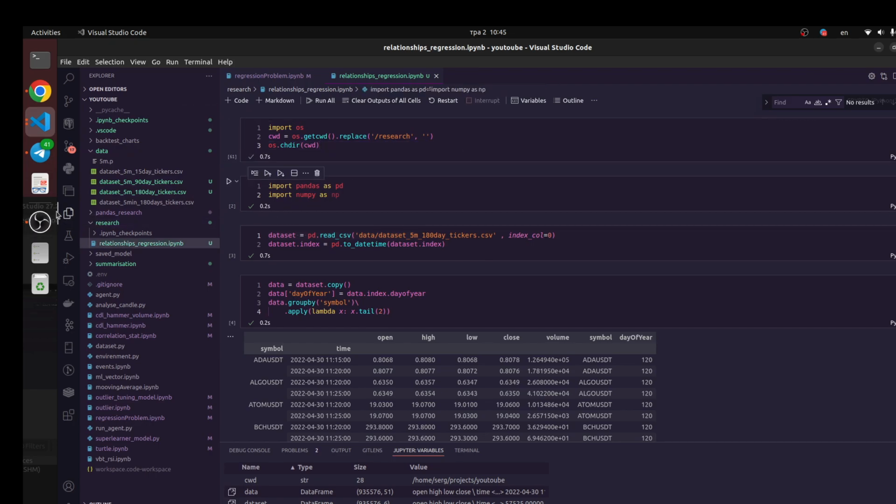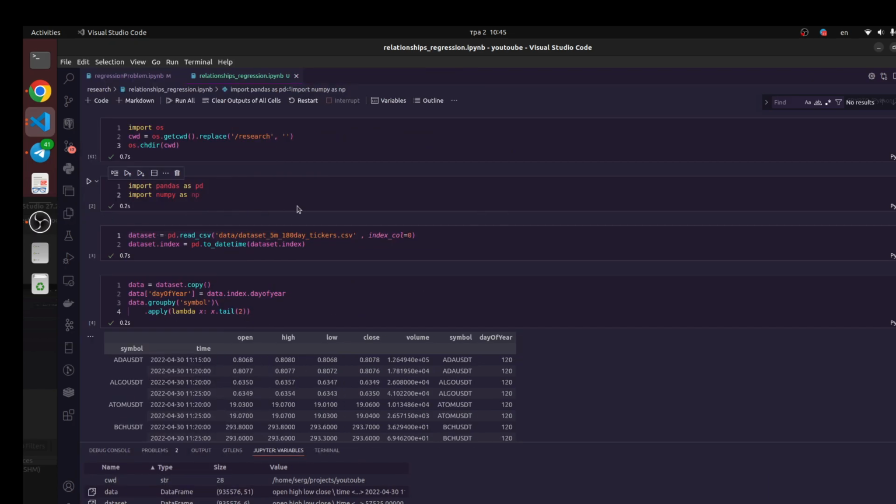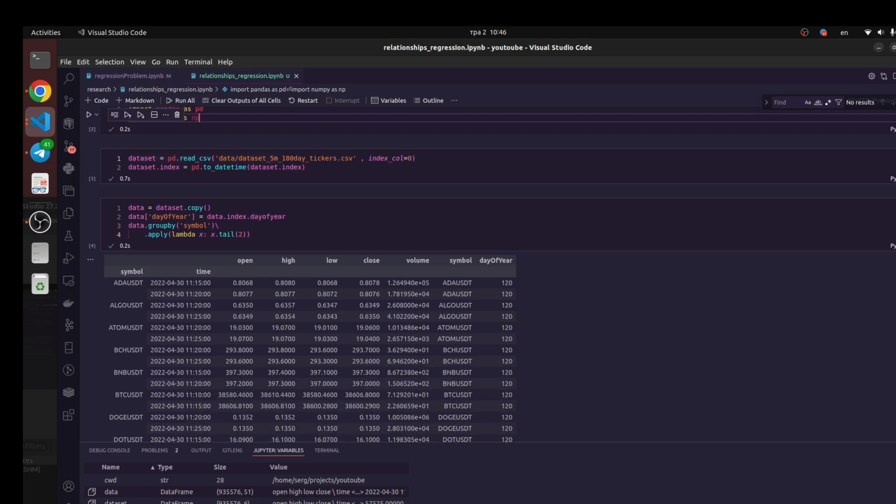And our goal is to use Pandas. Okay, because Pandas is a very powerful tool for data science or for a quantitative trader. Using only Pandas, we could create a very nice strategy and find some relationships. And I'm going to create more videos about Pandas, because we're going to